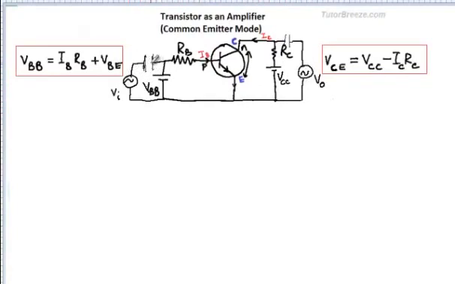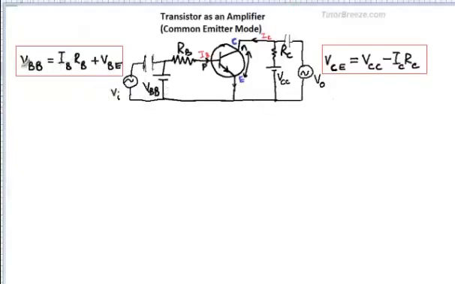You might have noticed capacitors are placed at the input and the output side, and these are used to block any DC components. If there is a DC component in the input signal, it can change the base voltage, which will change the base current and hence the operating point. Now we want to keep the base current fixed so that the operating point does not shift. We have another capacitor placed at the output, and this blocks any DC signals from appearing across the output that we are going to take.